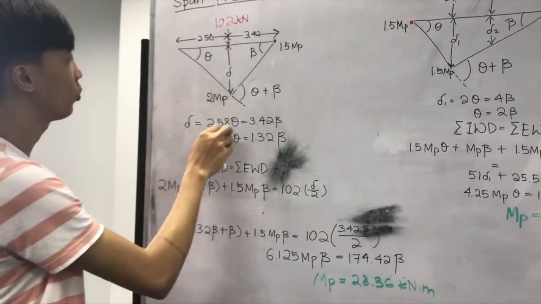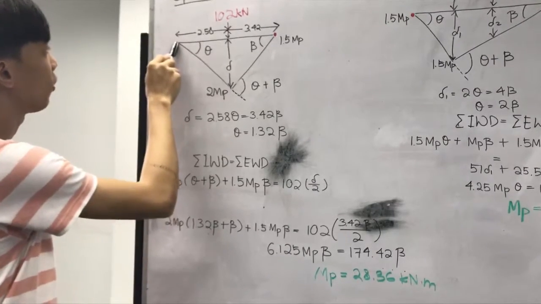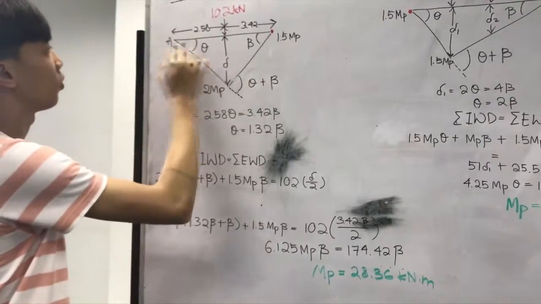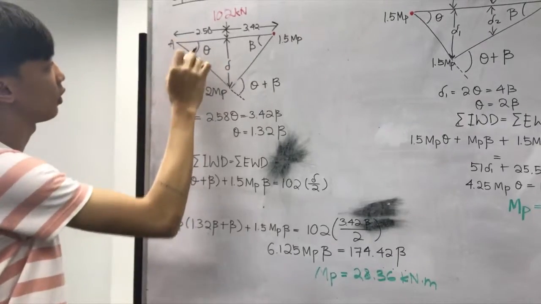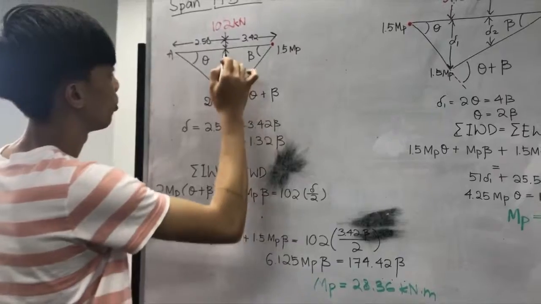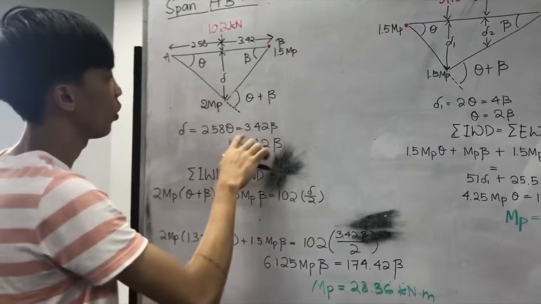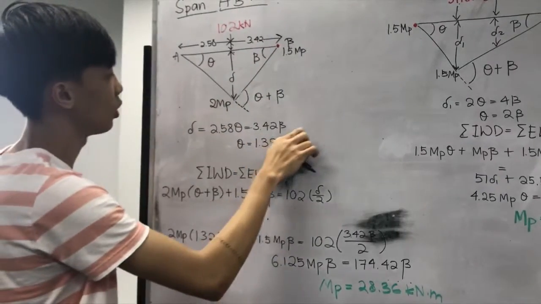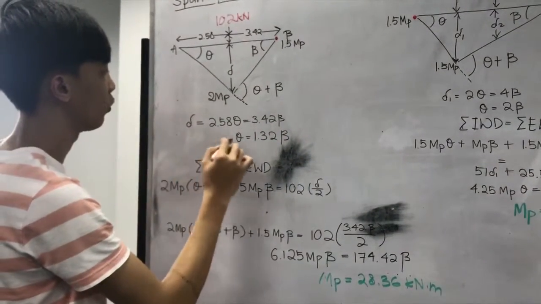Deflection is equal to 2.5, which is the distance of this end, which is A, to here, which is 2.58 times by theta, and then it's equal to 3.42 from this point to B, 3.42 times by beta. So you will get this formula,